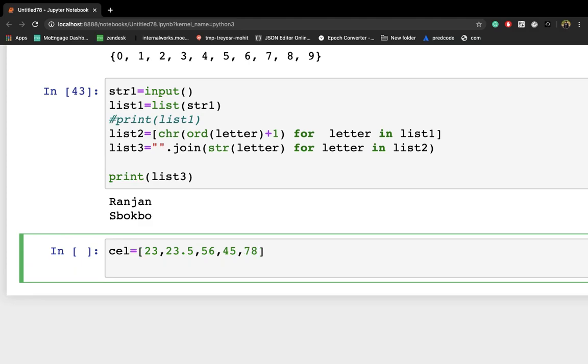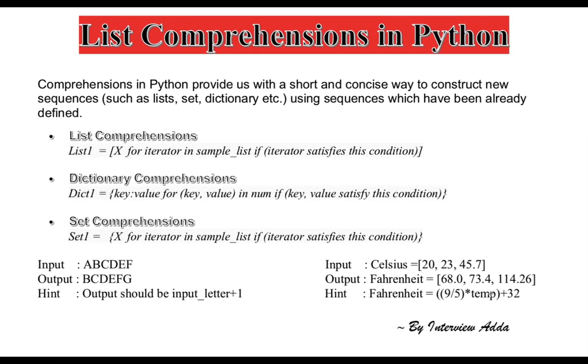Now Fahrenheit, let's say fahrt, right? What we can do here is, as for the formula, 9 by 5 into temp.